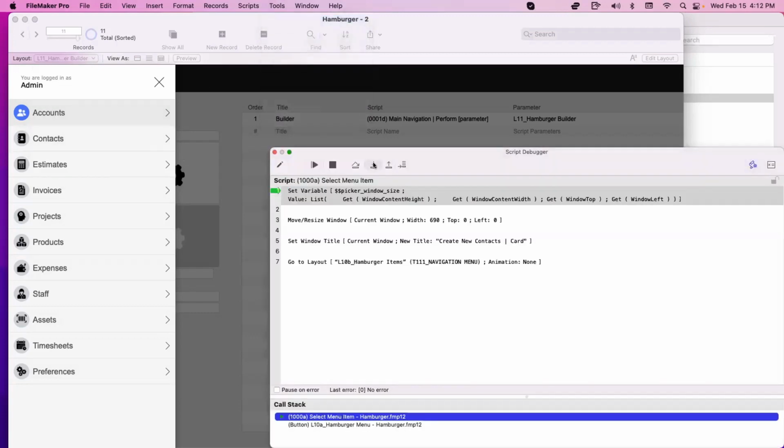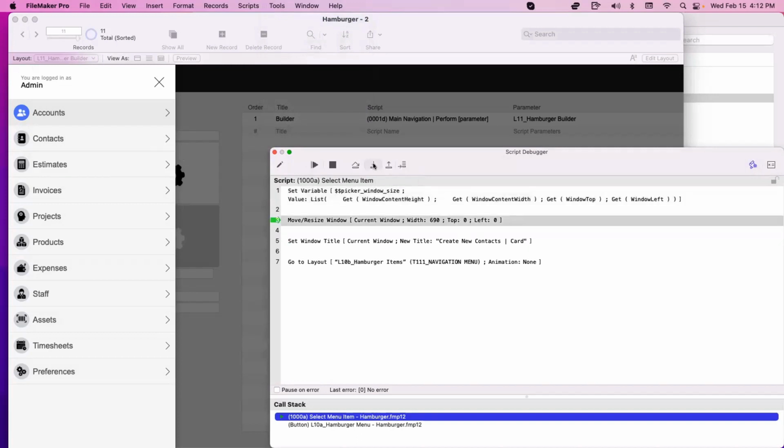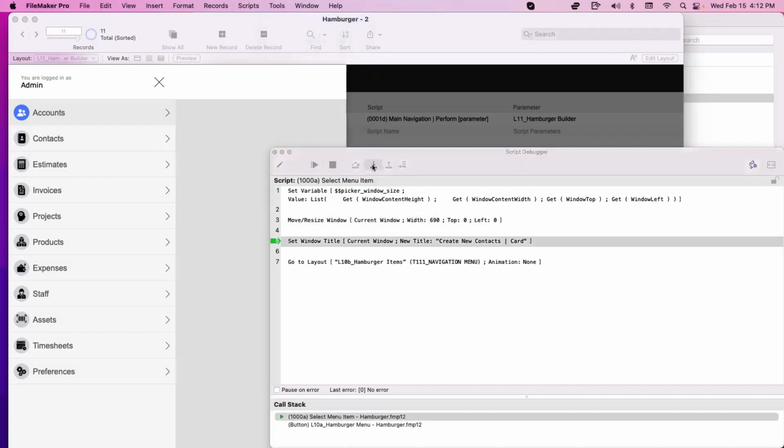So it's pretty simple. You just move the window, but you keep the top and the left at 0. So when you move the window, you move resize. That's the same script step. So you move resize the window,